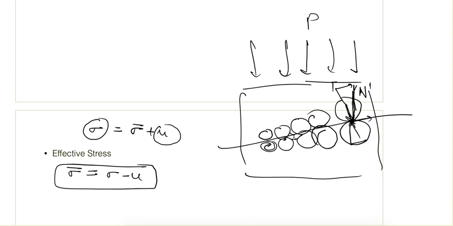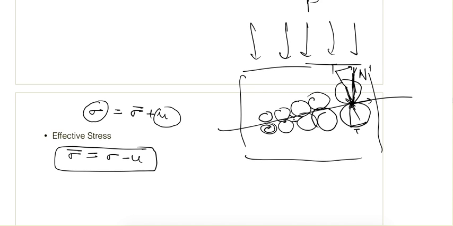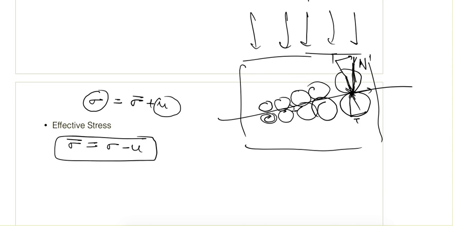So if we take the vertical equilibrium of this force, P can be given as, if n dash is the normal component of this one particle, then for all the particles, the normal component of interparticle forces we can write as sigma n dash, plus U, the pore water pressure. So pore water pressure is being applied in the area of pores. Let's say the area of pores is AW,